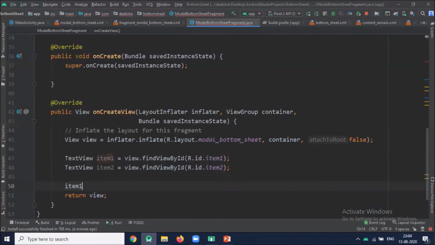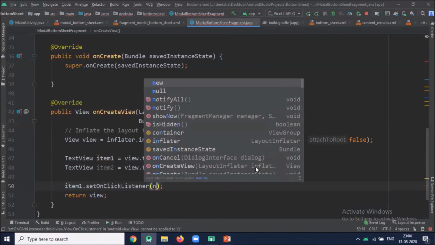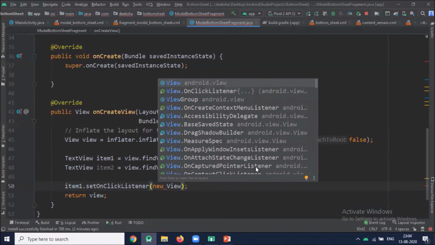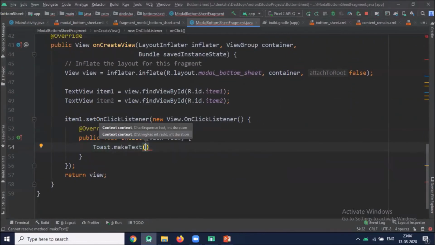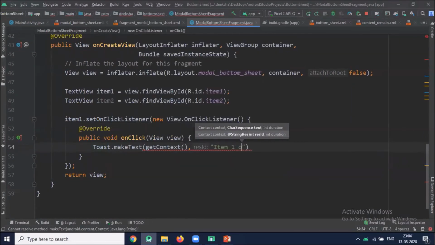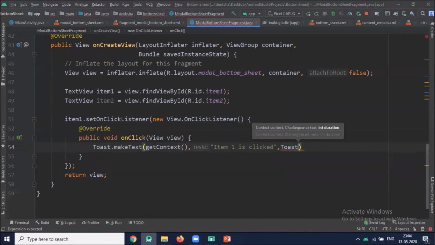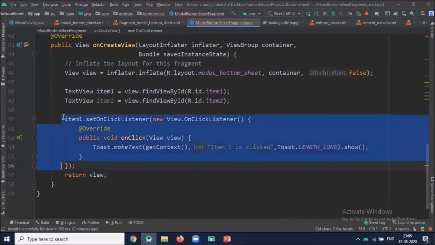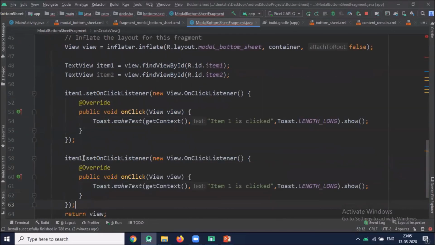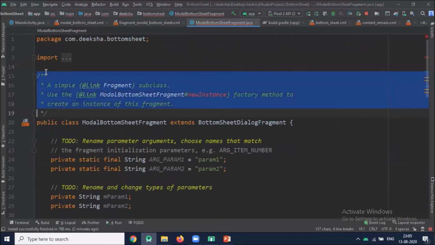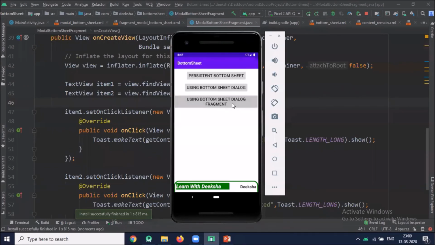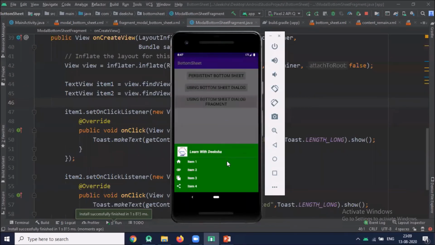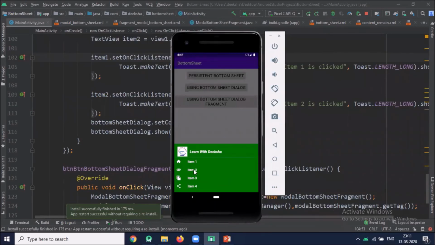Now the one dot set on click listener. Here we create one toast message. Similarly for item 2. Now run the project. Now we click on using bottom sheet fragment dialog. So when I click on item 1, you can see the toast message is displayed.